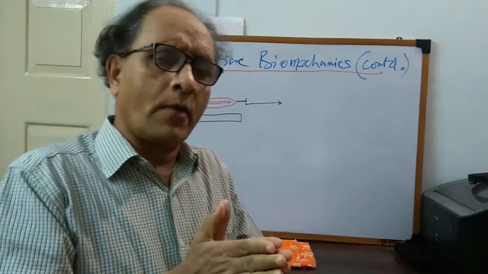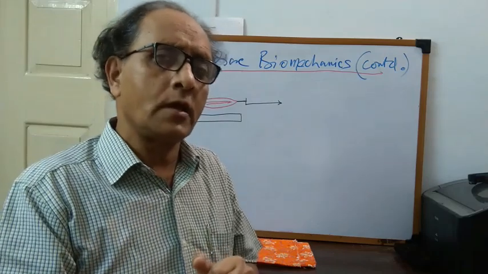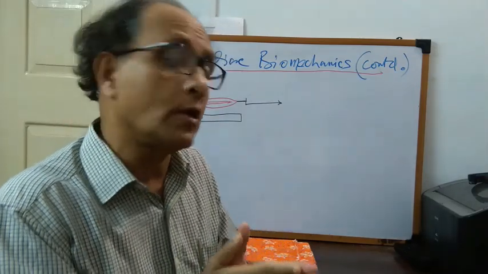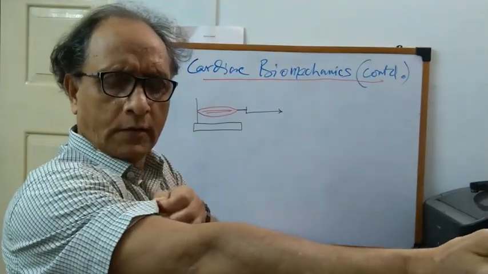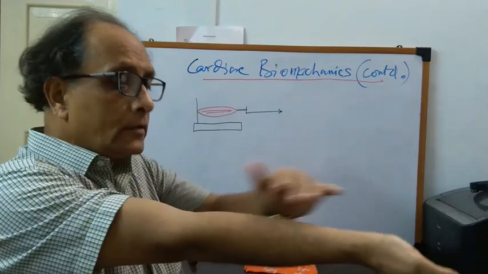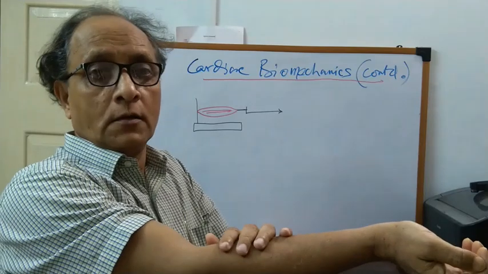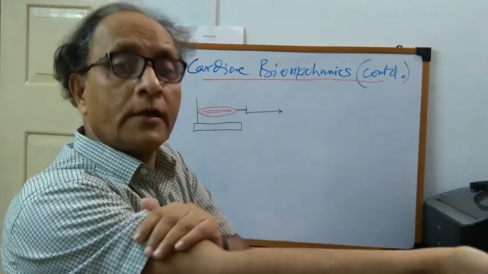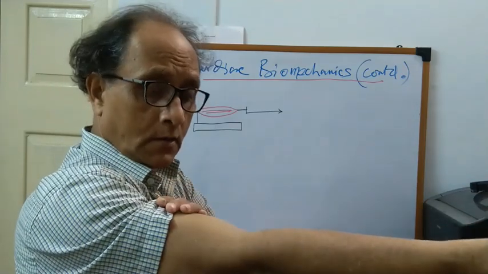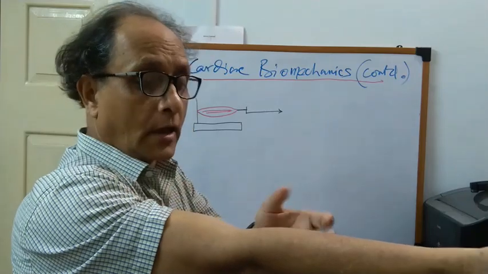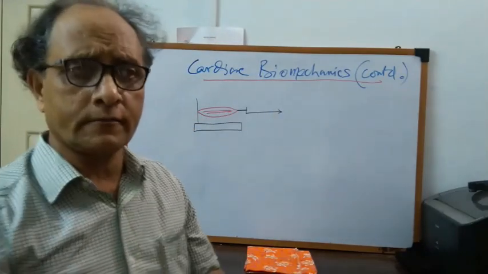So we have discussed the isometric contraction. Now let us discuss the isotonic contraction. So what is isotonic contraction? That means when the load is trivial, when the load is not that heavy, when the load is of such an amount that by powerful contraction the muscle can be shortened, it can pull the skeleton and it can elevate the load, and that is isotonic contraction.